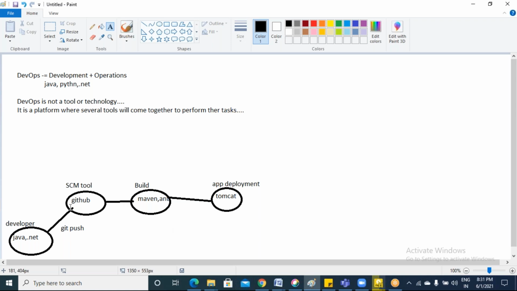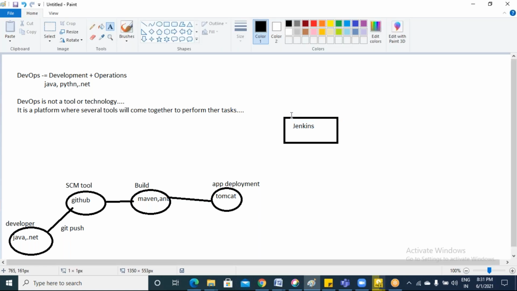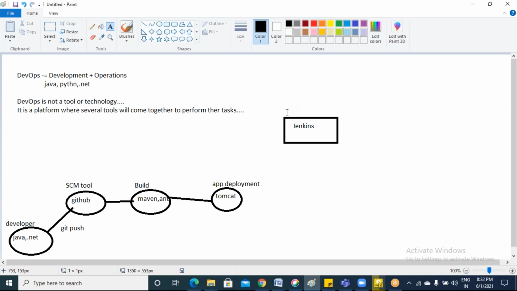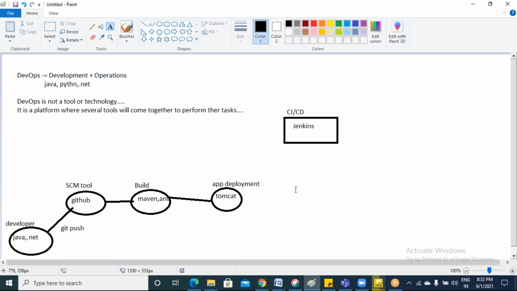To overcome that problem, there is a tool which we call a CI/CD tool, known as Jenkins. CI/CD refers to continuous integration and continuous deployment, or continuous development.